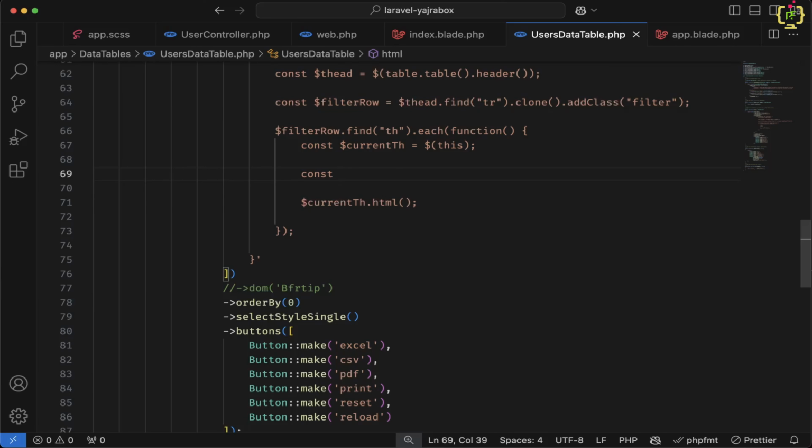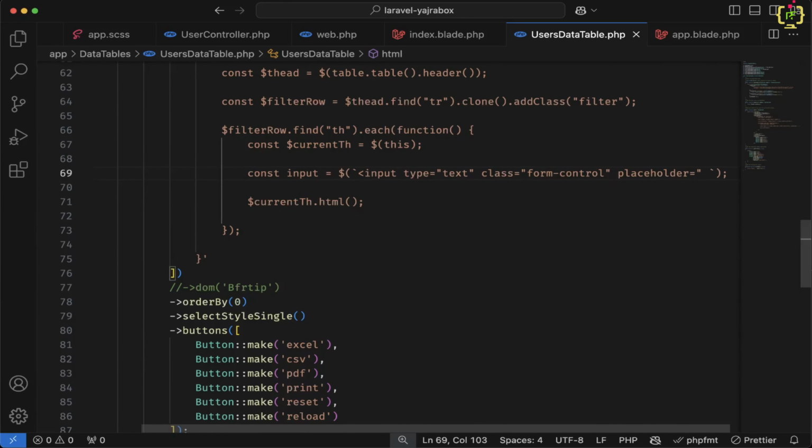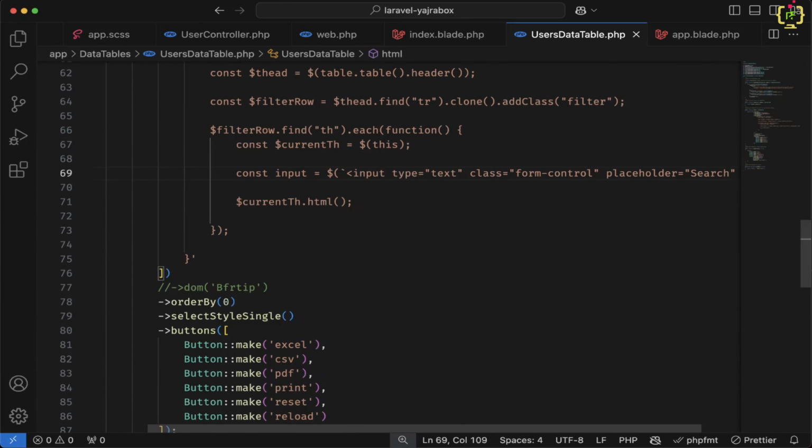So I will write const input equals to $, and I will use backtick here, just like this. Inside this, I will create input type equals to text. I will add the bootstrap class form control. I will use placeholder, and here I will add search,